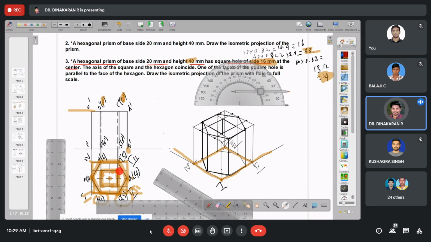After that, I want to do the square hole. Otherwise, make an axis line, or from the edge connect with the sides. Then mark a point from here directly by convention also. Whatever the meeting point is, then the inner wall. This square inner line is a visible line. It will be a visible line when seen from the top or from this direction. If we see from this direction, this inner line should be a visible line.